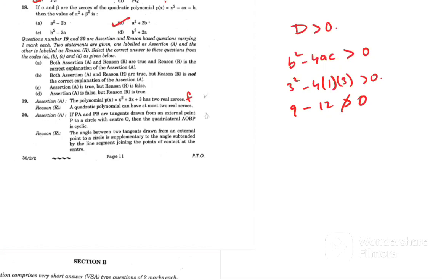So let's see the reason. A quadratic polynomial can have at most two real zeros, right? So this is true. Okay, so which option is correct now? Option D says assertion A is false, but reason R is true. Right? So option D is the correct option for question 19. Right? Similarly, question 20, it says